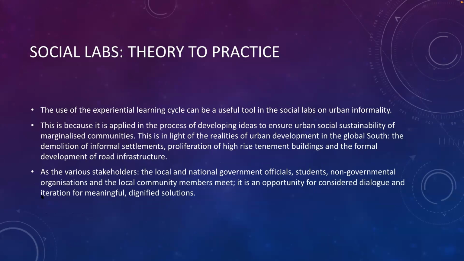So here I'm talking about the use of that cycle, which we can use to explain to students. I'm talking about urban social sustainability in marginalized communities. You have various stakeholders, you bring them together. And in that process, as I've used in my fieldwork in around 2019, we have all these stakeholders together. And then moving on to the next slide,